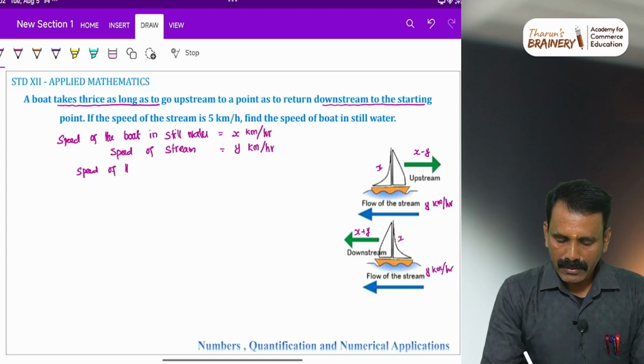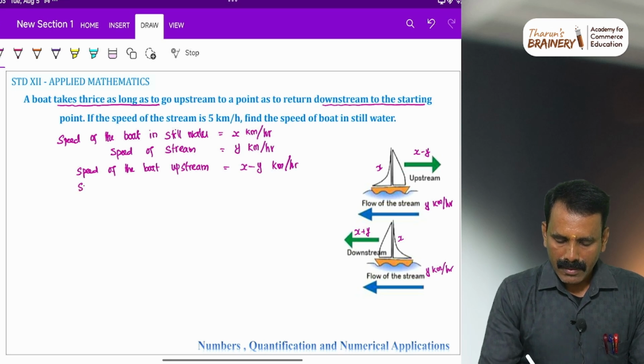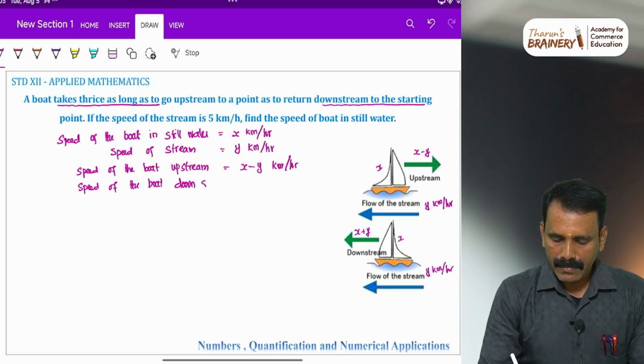Upstream, the speed is reduced, so it is x minus y km per hour. And the speed of the boat downstream is equal to x plus y